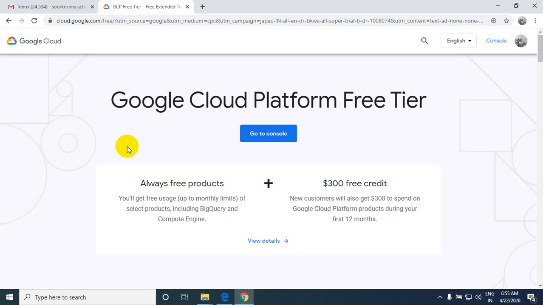So what you have to do, first you need to go to the console. So whenever you are trying to log into the Google Cloud platform prior, you have to give your basic requirements like your name, your credit card details with your email ID. After that you'll get an OTP, and the first time the charging cost will be 1 rupee, which I already have given and it's been subscribed, and the 1 rupee will be deducted from your account and again it will be returned back. So after that there is no requirement,